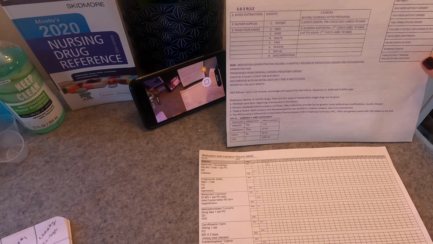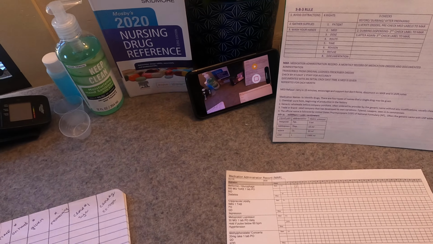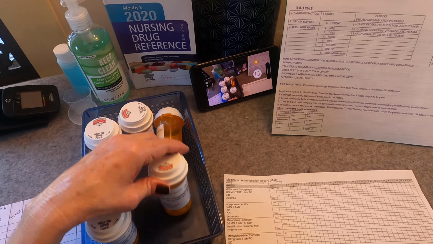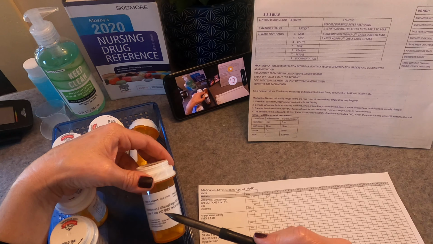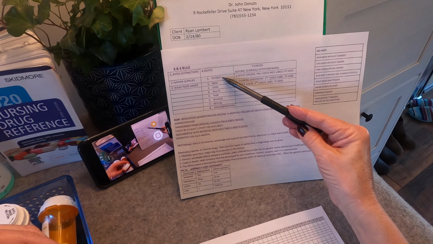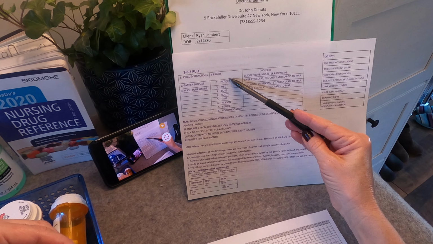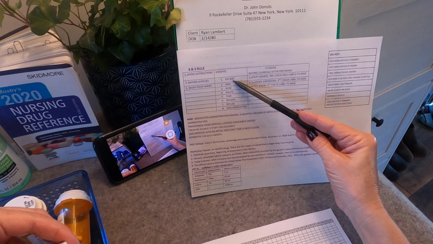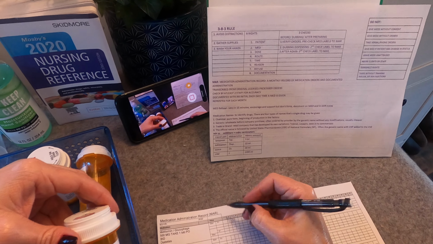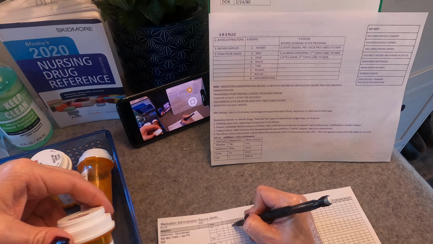Okay. Then the next step is we're going to take our medications out of the lockbox. Start off with metformin. Make sure the labels, everything, all the first 5 rights, really, on each label, you want to make sure you've got the first 5 rights accurate. And then for each one, you're going to sign by putting your initial